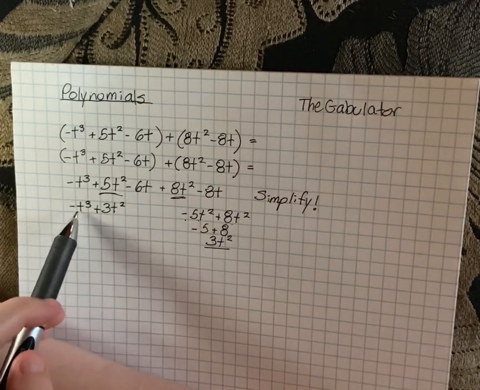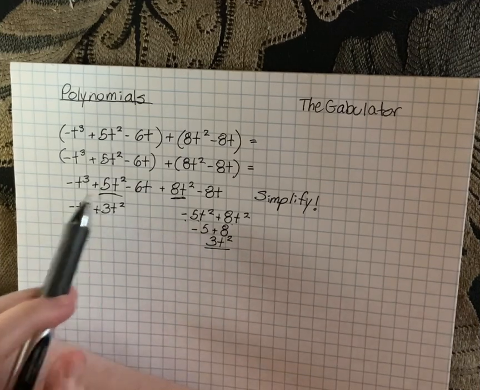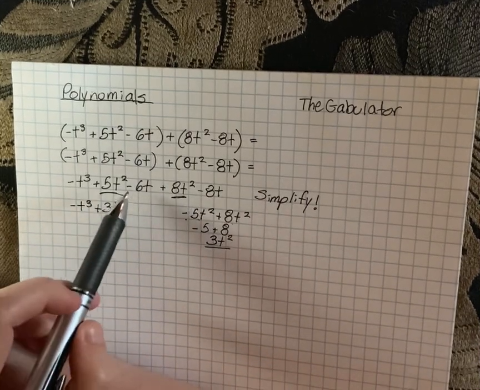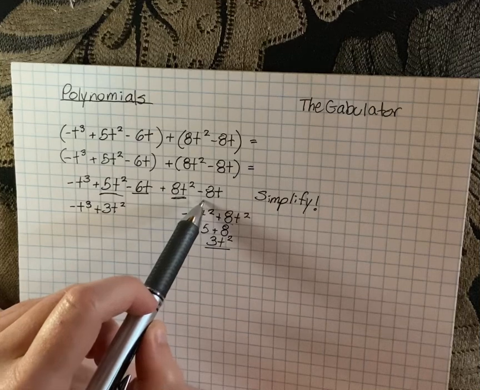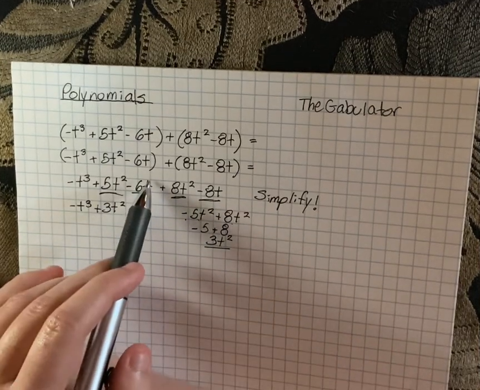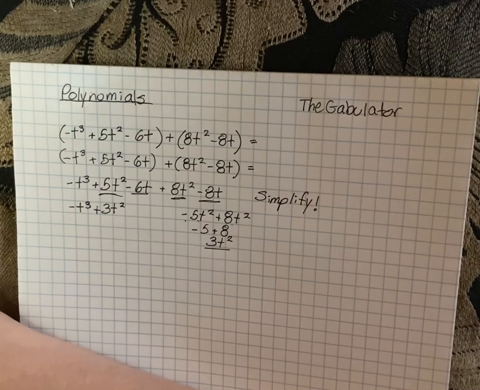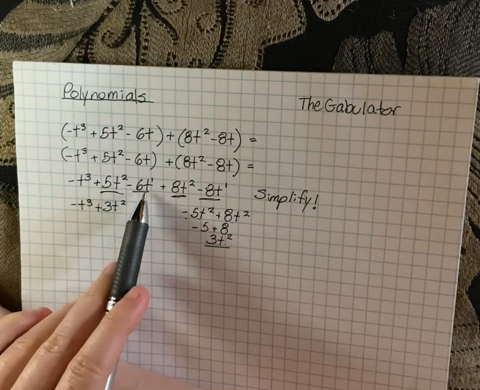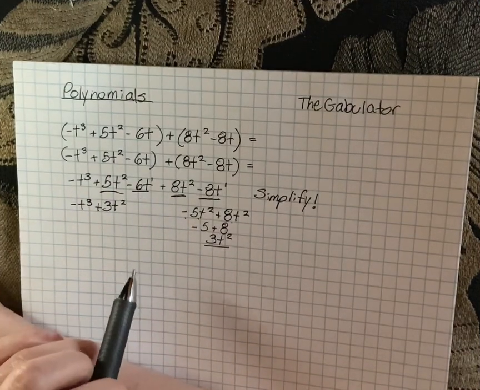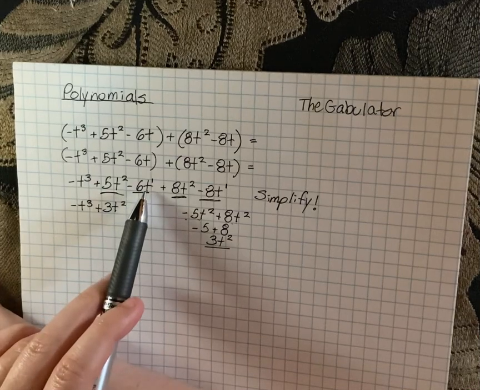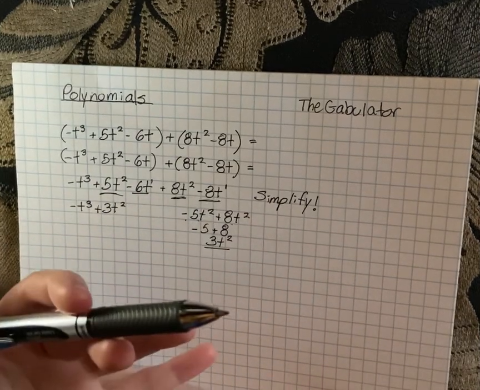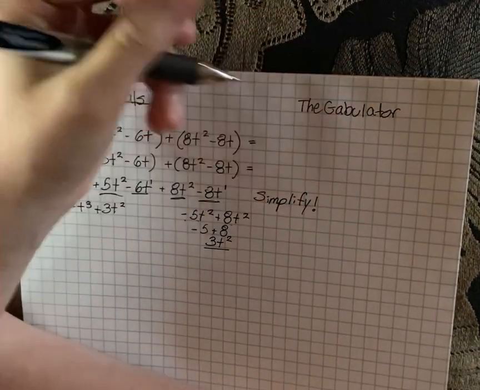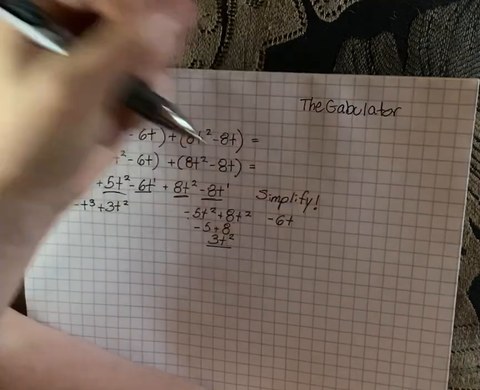So now we've got -t cubed plus 3t squared. Now if we go back up here to this step, we still have 2 left. Now we've got -6t and -8t. Now technically, here's where a lot of people get confused. Technically there is an exponent. It's an invisible 1. If it's a 1, we don't usually write it in math. So we've got -6t and -8t. They both have a t, which is good, and they're both to an exponential power of 1, so we can add those. So let's write them over here. We've got -6t